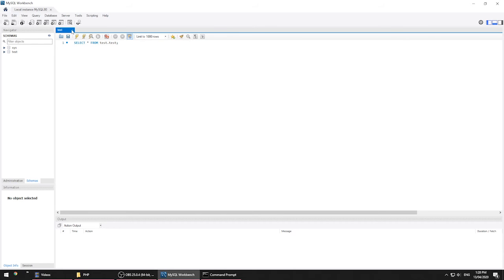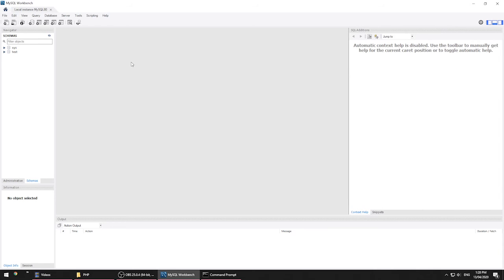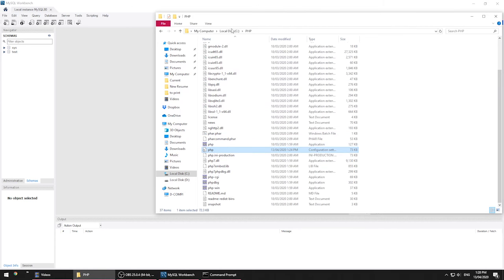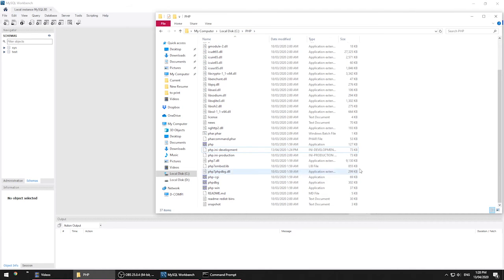Now, my page might look a little different to yours, but that's because I added in a temporary table just to make sure that it was all working. But we'll talk a little bit more about how to use MySQL Workbench in the next video. Now, before we finish, there's one more thing that you need to do. You need to go back into your PHP folder. So go into your computer, C drive, PHP, wherever you installed PHP in the early videos,